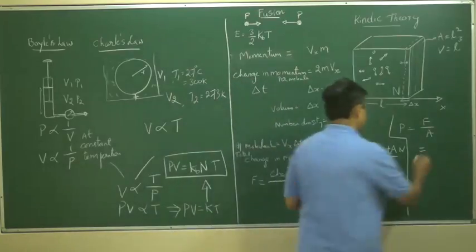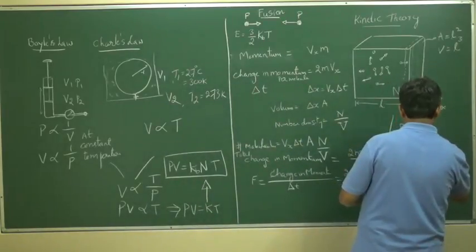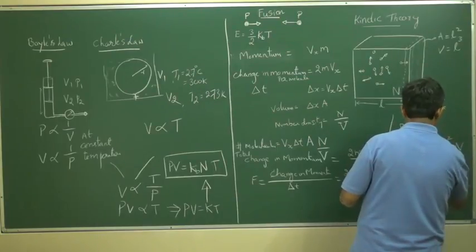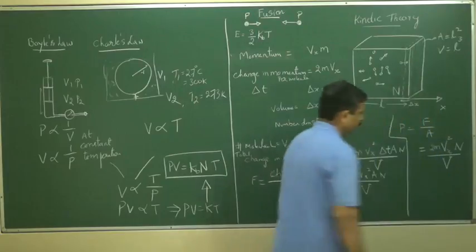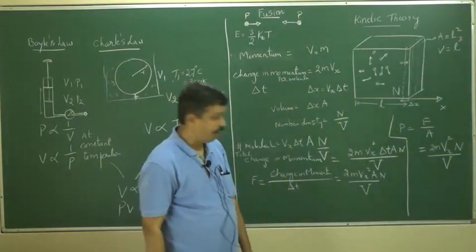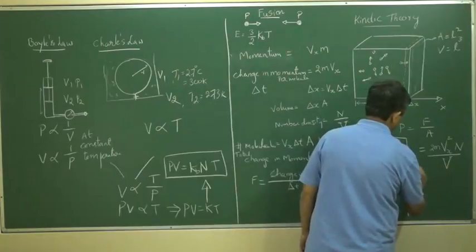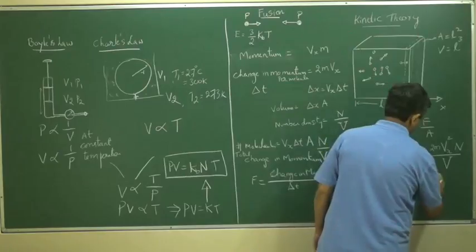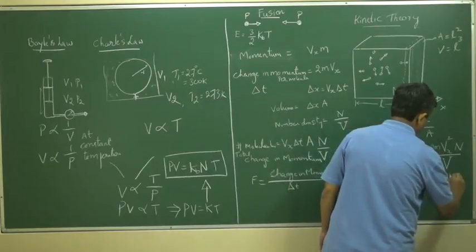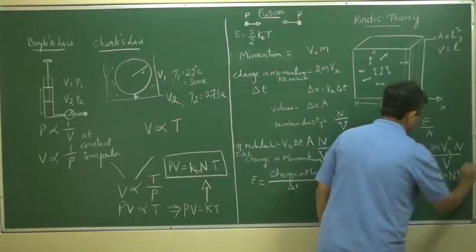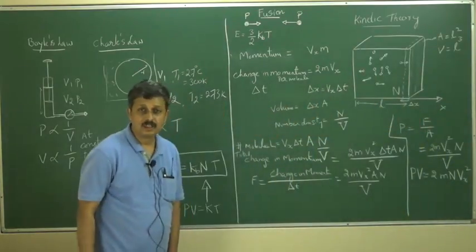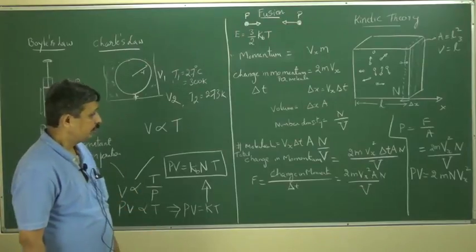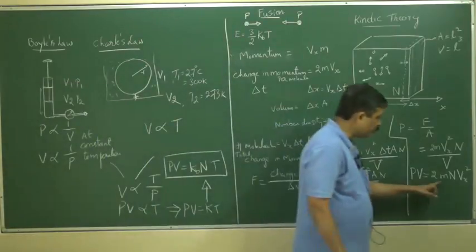Okay, so which will become 2m Vx square into N by V, or PV, if we bring it this side, PV is equal to 2 small m into capital N into Vx square. Okay, now you see, this PV is equal to 2mN into Vx square,